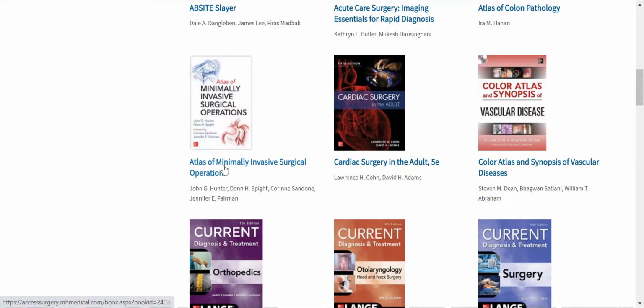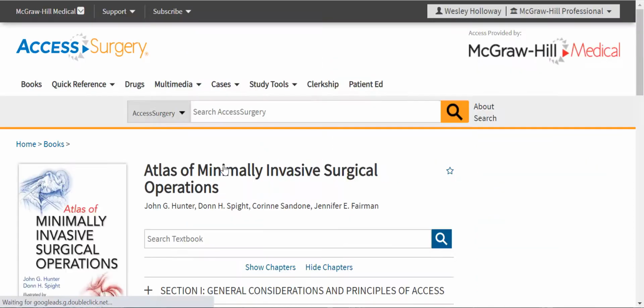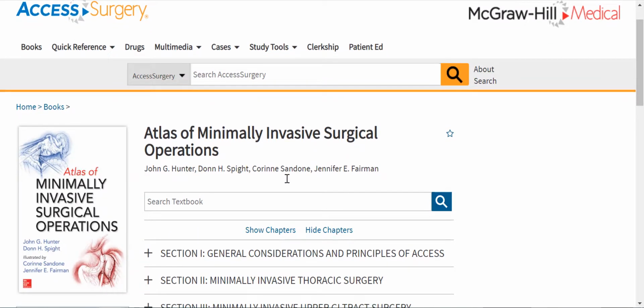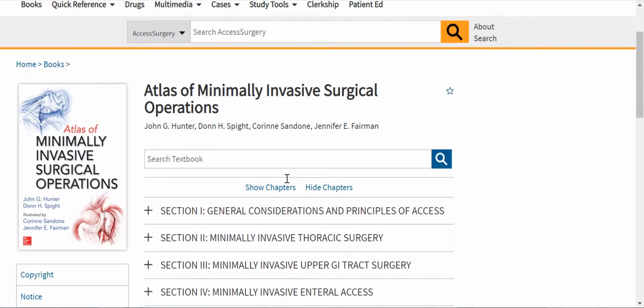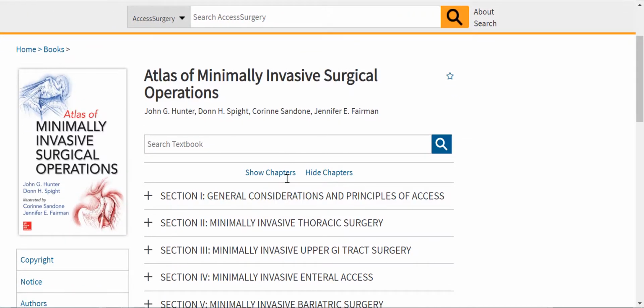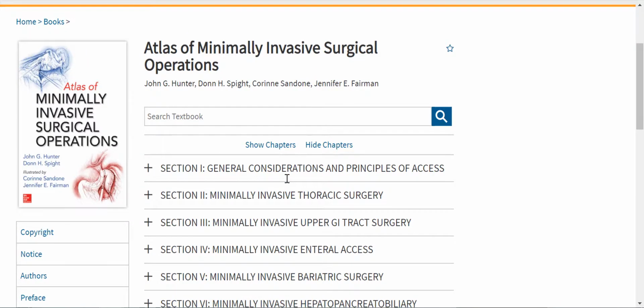But I do want to point out this Atlas of Minimally Invasive Surgical Operations. This exciting new addition to AccessSurgery covers step-by-step instructions to 62 procedures in minimally invasive surgery, or laparoscopic surgery as it is commonly referred to. There are nearly 1,000 detailed illustrations by two of the most talented surgical illustrators in the business, Corey Sandone and Jen Fairman, and they are both from the Department of Art as Applied to Medicine at the Johns Hopkins School